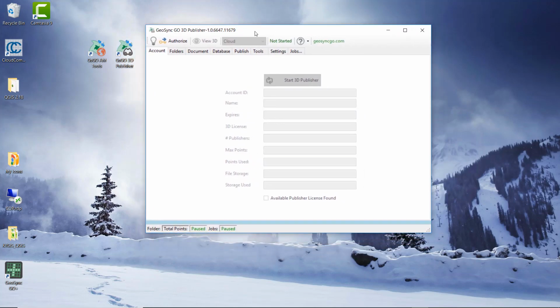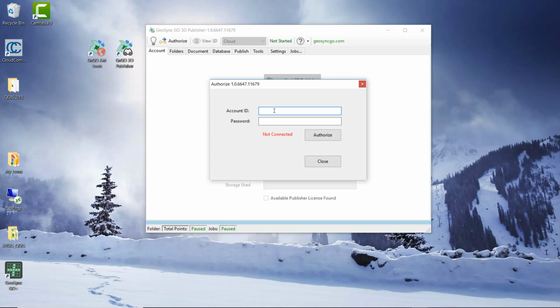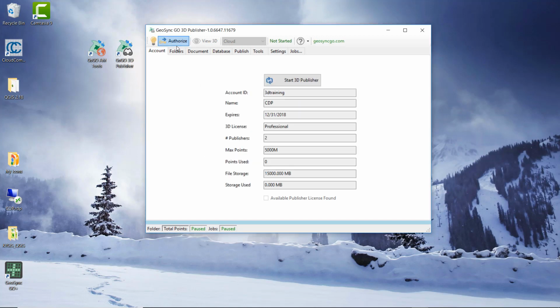And the first time that we come in, we'll see that we are not currently authorized. First step is to authorize the software. And here you need to enter in the account ID or user ID provided to you along with a password. Click the authorize button, and if it's authorized, it will show connected, and then click the close button, and then now we are ready